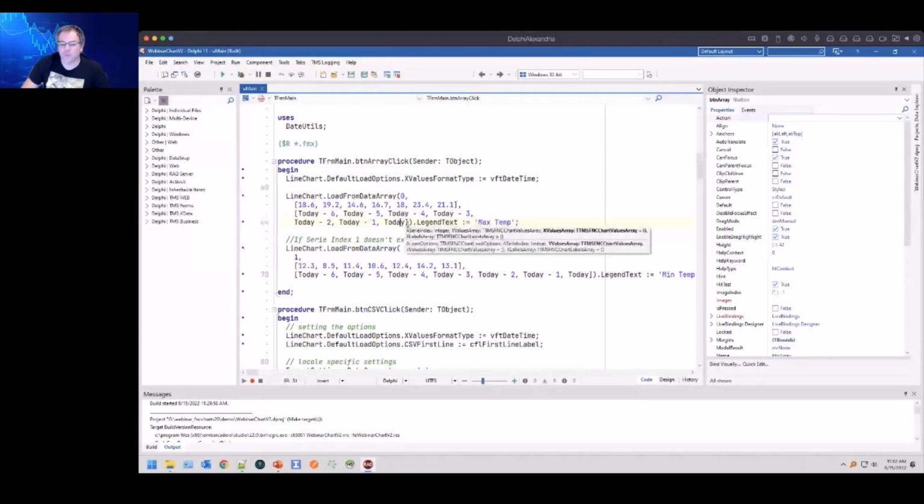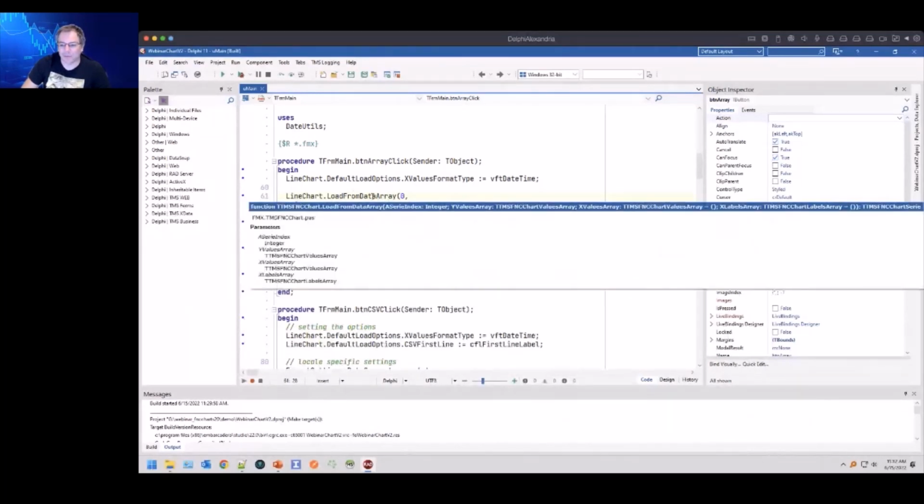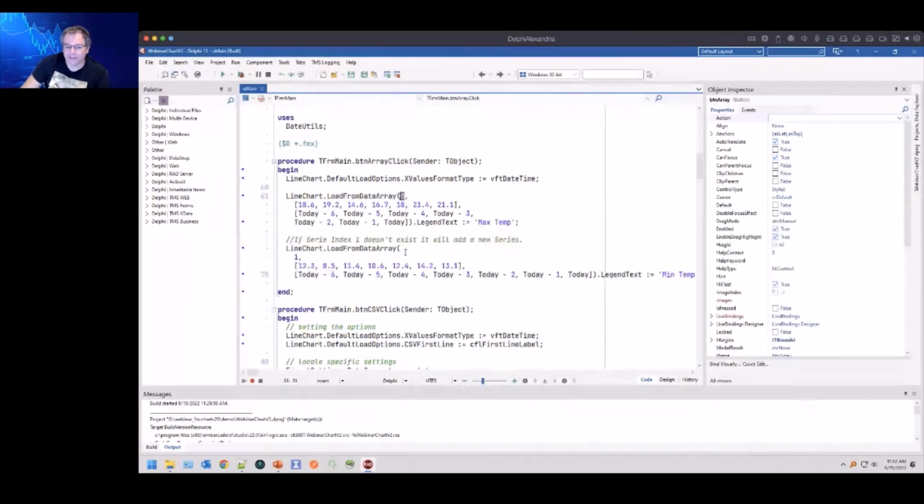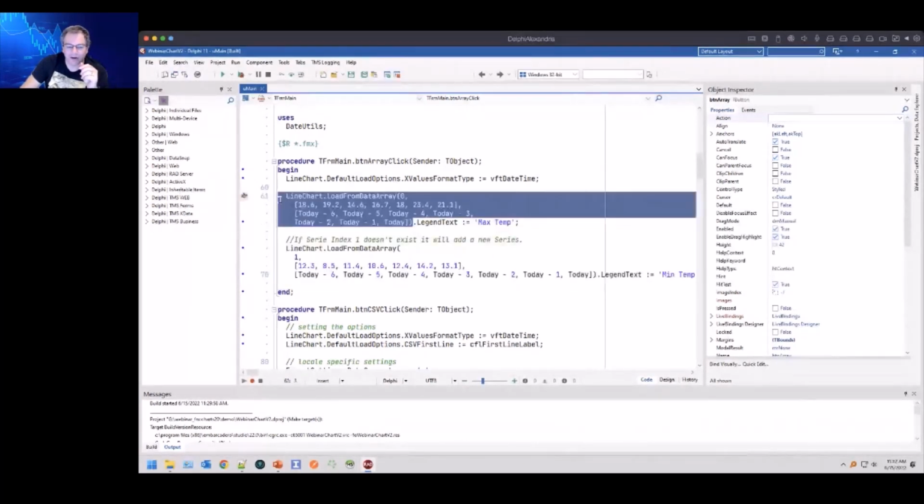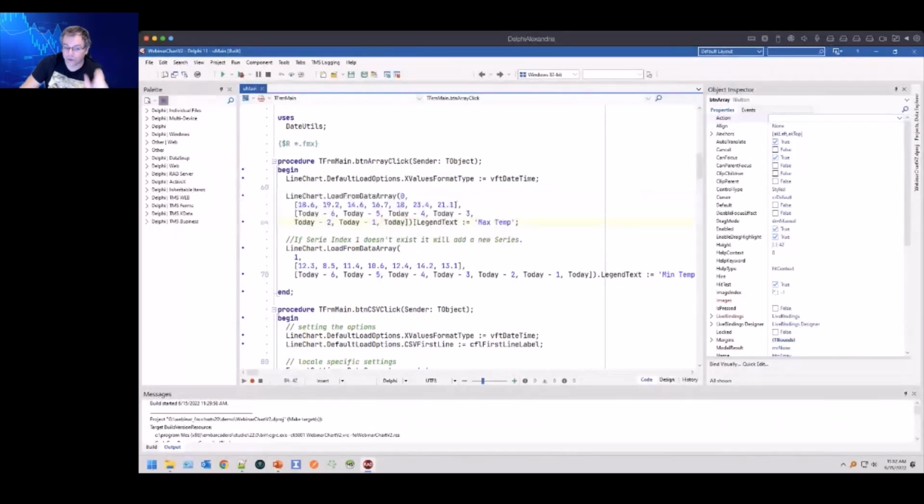You see that this has been done by somebody from the team that developed the framework, because LoadFromDataArray returns a reference to the series that has been added. So you can actually, if this is of a series, you can actually do dot, and in the same line,